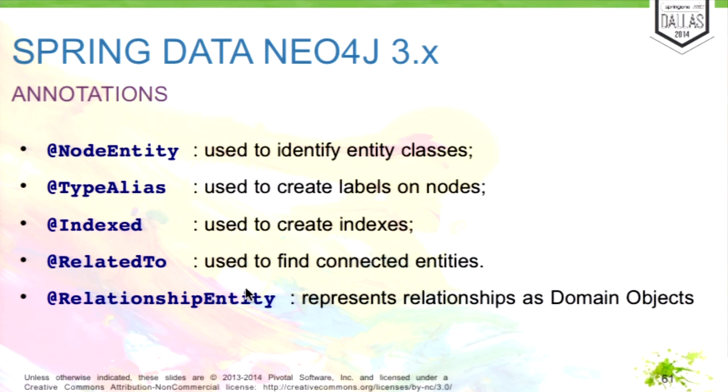And there are other annotations. One is, for instance, index, where you can say, OK, I want this field in my entity to be indexed so that I can find it quicker, or it should be a unique attribute. So within this type, I want this attribute to be the unique key. And there's an annotation called related to, which says this object reference to another entity is actually represented as a relationship. Many of these annotations you can also leave off, and then they're inferred automatically. I just wanted to list them for completeness.